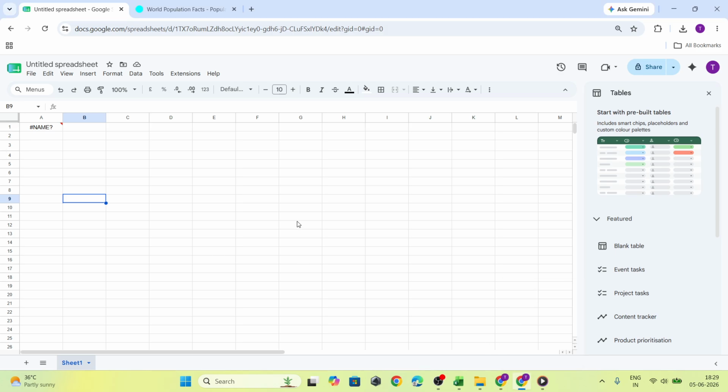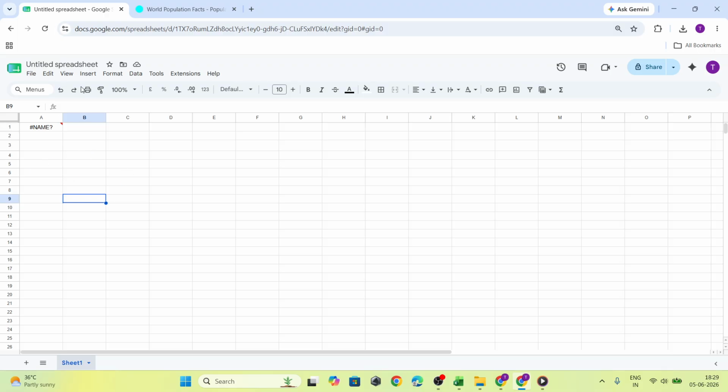In today's video, I'm going to teach you to import live web data into Google Sheets with one formula. If you've ever wanted your spreadsheet to pull information directly from a website instead of copying and pasting it manually every time, this is a great place to start. The process is simple, and once you understand the basic workflow, it can save you a lot of time when